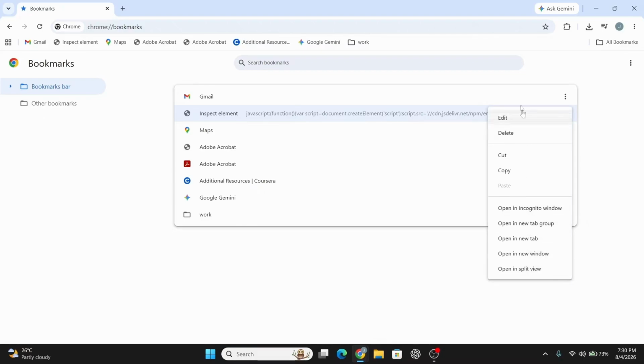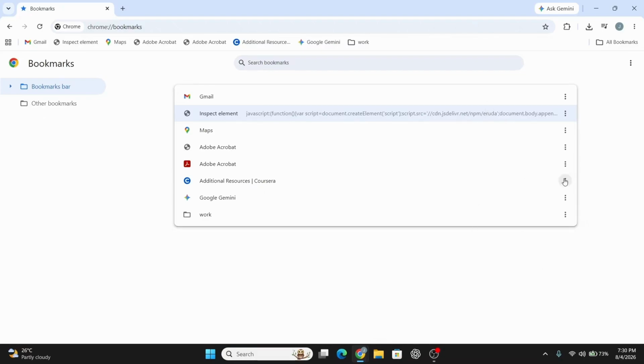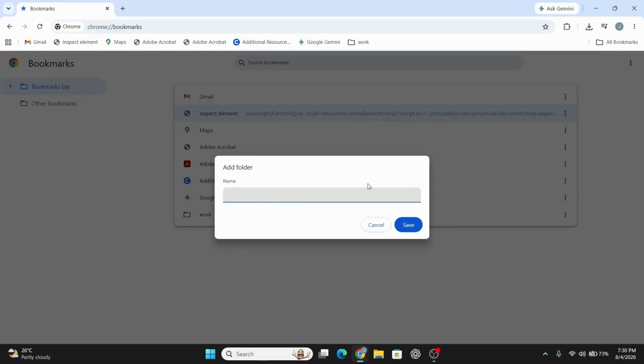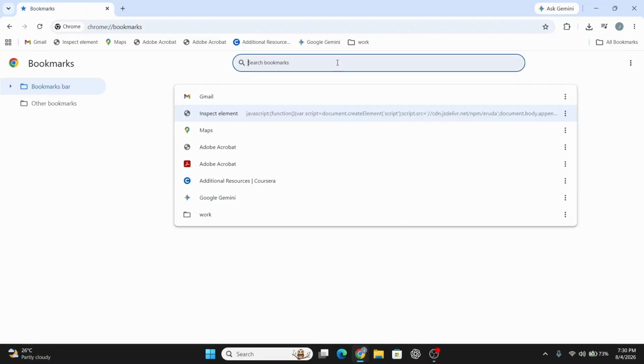Once done, click on New Folder at the top if you'd like to create categories for organizing your bookmarks. From here, drag and drop individual bookmarks into these folders to keep things organized. At this stage, use the search bar at the top of Bookmark Manager if you're trying to quickly find a